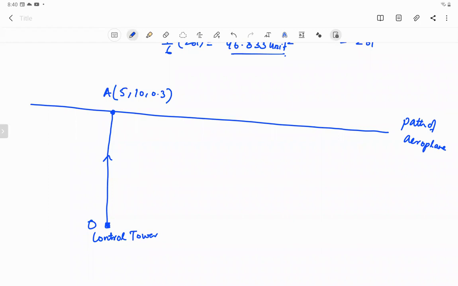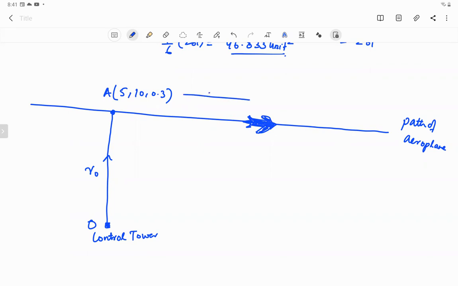10 was also its distance. Let's say that 5, 10 and 0.3 are in kilometers. So the control tower detected the aeroplane at point A. And at point A, we call this r0, or the initial position vector of the aeroplane, okay? The aeroplane was moving like this. These are the wings of the aeroplane, okay? I can't draw a very perfect picture of it, but still this is an aeroplane moving, okay?